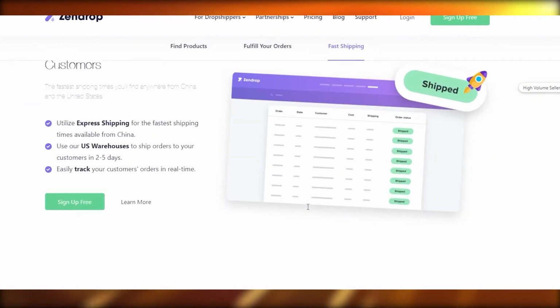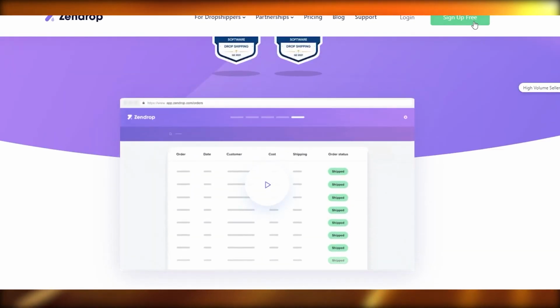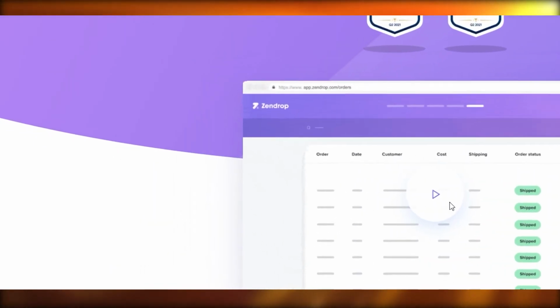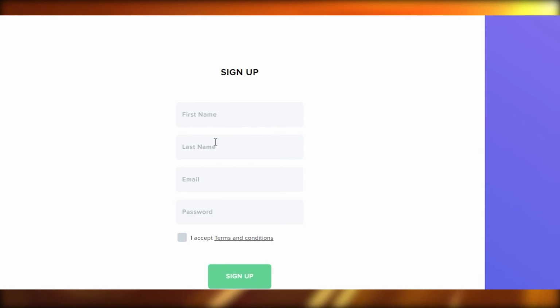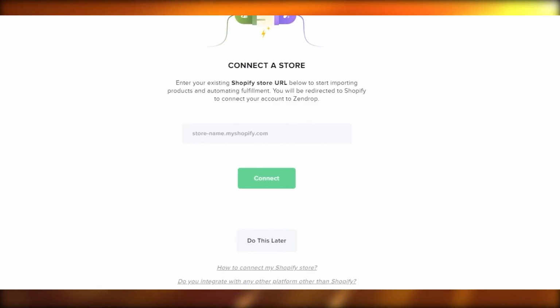So now let's just go over to the sign up process and just simply sign up. So click on the sign up button over here, and all you have to do is just enter in small details such as your name, your last name, your email address and password, and then just accept their terms and conditions and just simply sign up. So I'm going to go ahead and sign up on Zendrop, and I will catch you guys in a little bit. And now, as you can see, once you have signed up, they're going to ask you to enter in